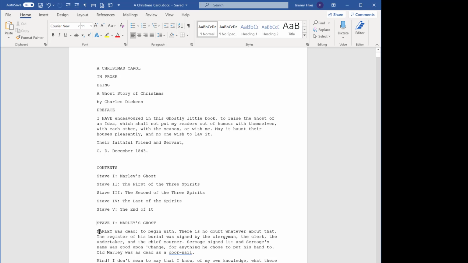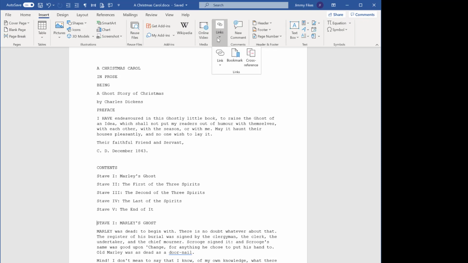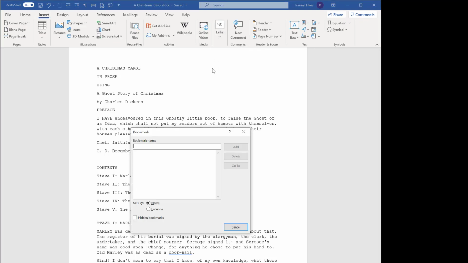But in order to insert a bookmark, all we need to do is just select a location. We don't actually have to select a word. We can just find the spot in front of the word, place the insertion point there, come up to Insert and Links and Bookmark, and we're just going to call this Stave 1